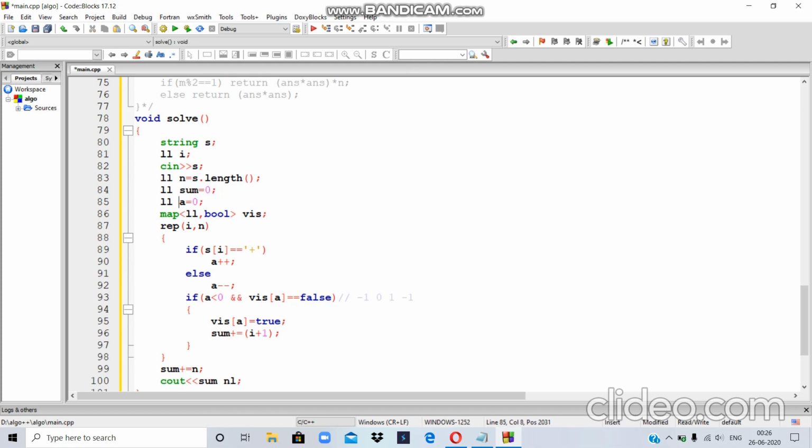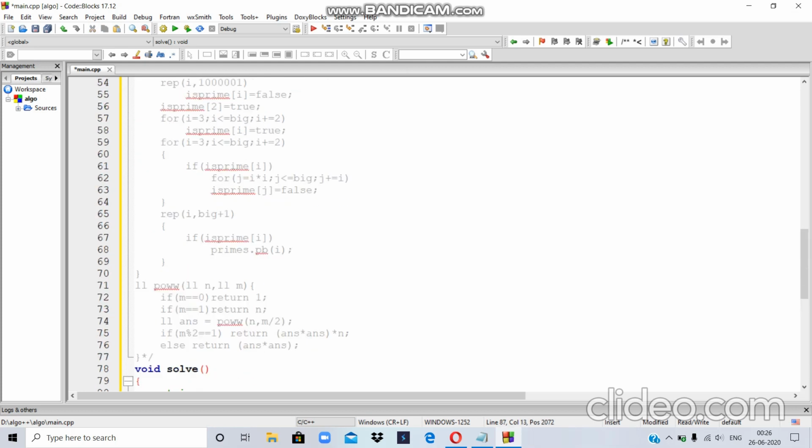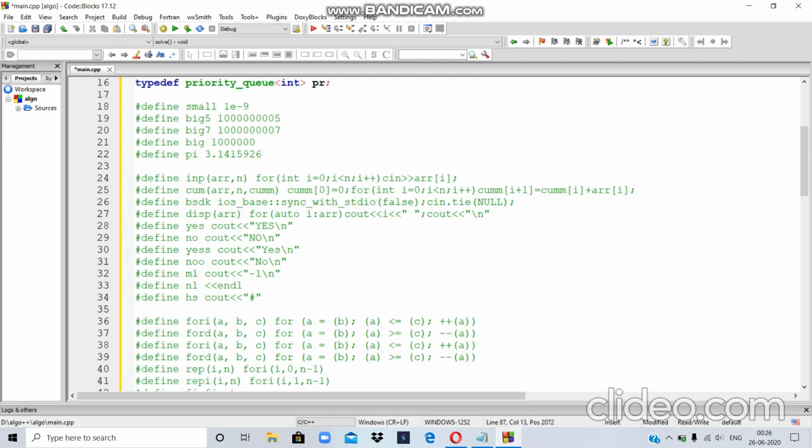A will be taken as a reference variable. This is a template which I'm using. I will show it to you. This is REP, a template which I've been using. It consists of another template which is simply a for loop.